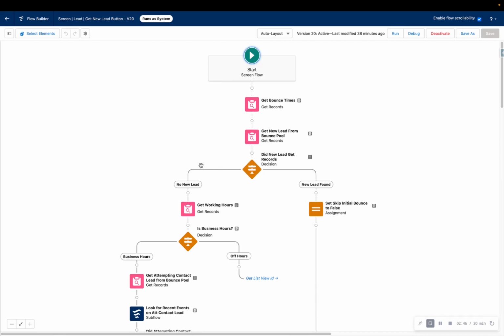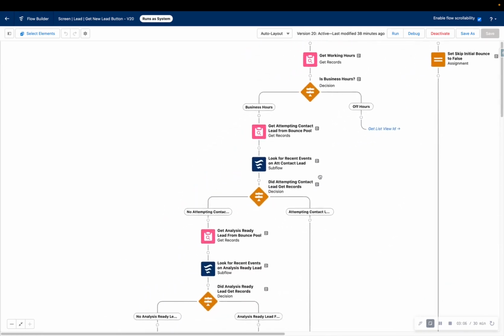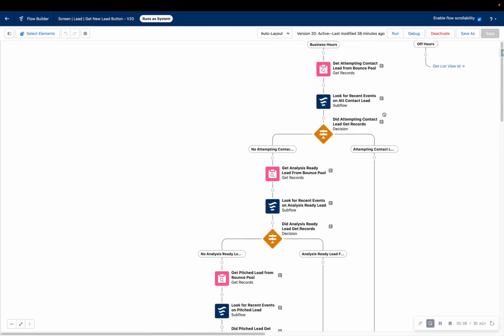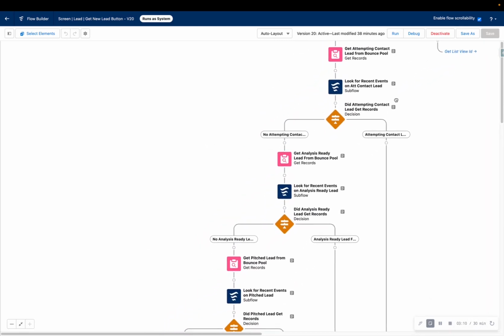If no new lead was found, then it checks whether we're inside business hours. And if we're inside business hours, then it goes on and allows you to steal other types of leads. But new leads can be stolen any time of day. In off hours, it'll go to the list view. So here you've got a cascading set of different get records elements, and they get different types of leads based on the name of the get records element